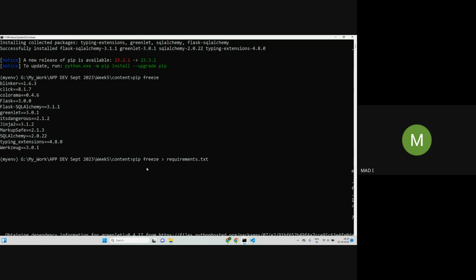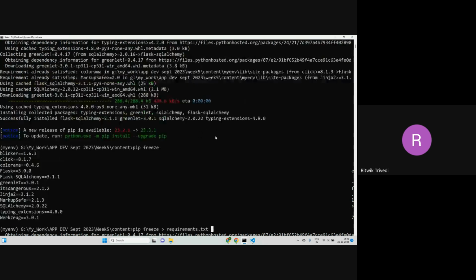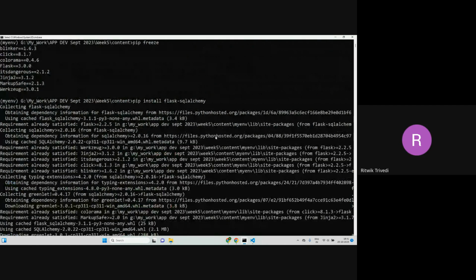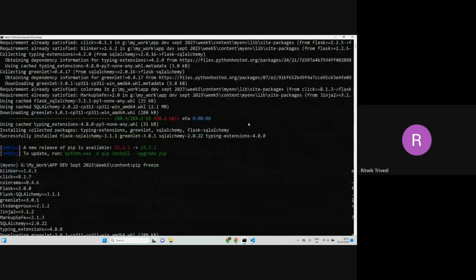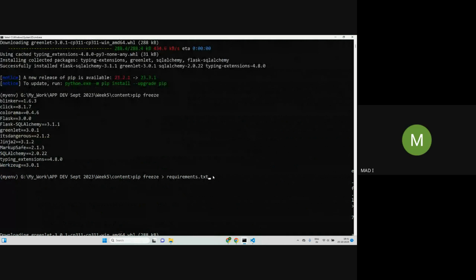So what we are basically doing is, whatever is written here, we are trying to store into a file called requirement.txt. Sir, what was the command to install SQL Alchemy? Pip install Flask SQL Alchemy. Okay, see, this was the command. pip install Flask SQL Alchemy. Okay, sir. All right. So now,